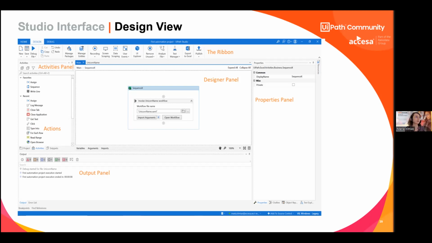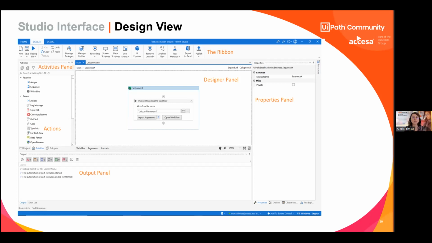On the project tab on the same side, you have the project sequences which you have built. In the center is the main designer panel, where you will drag activities from the left side or double-click, depending on how you choose. On the right side, there is the properties panel, where you have special properties for each action which you intend to instruct the robot to do: naming, text, and so on. Depending on the activity itself, it has different properties. Basically, it's a context-based properties panel based on the selected activity.